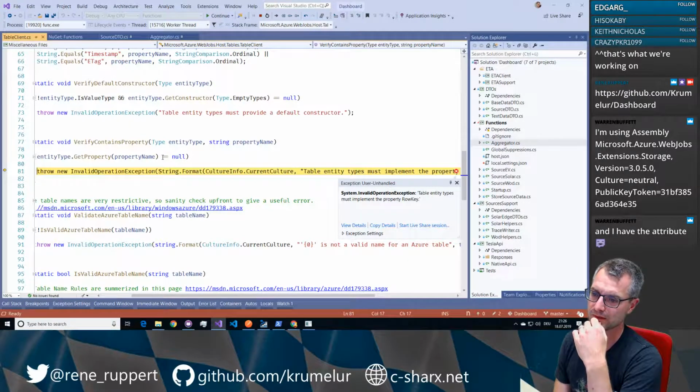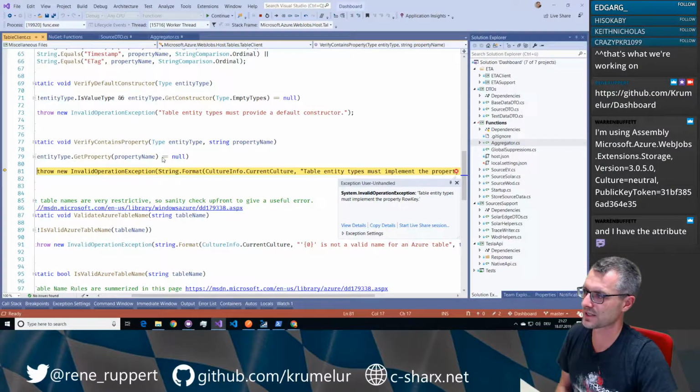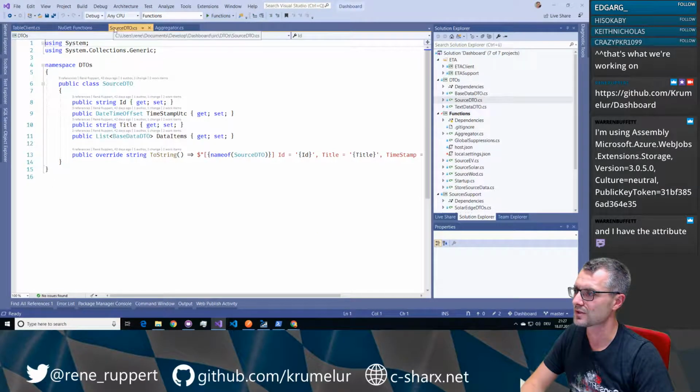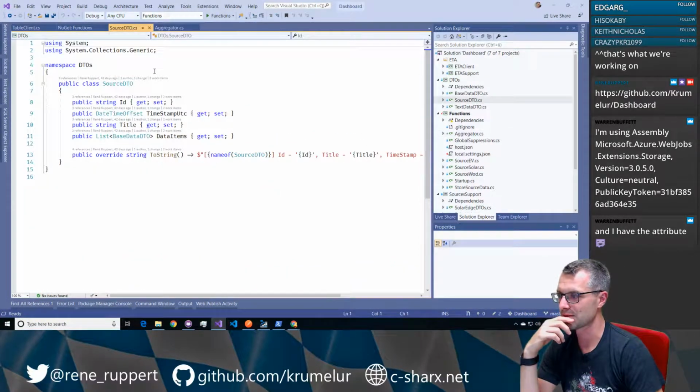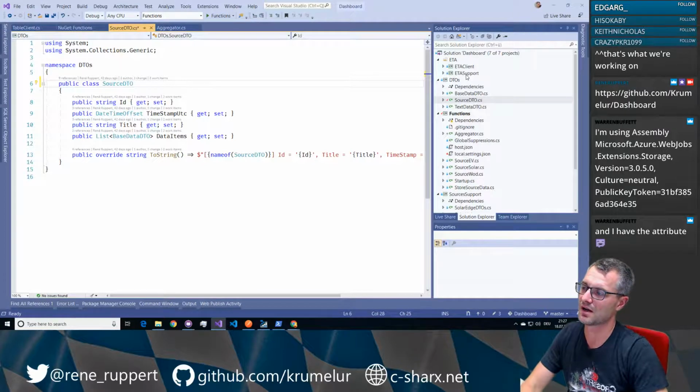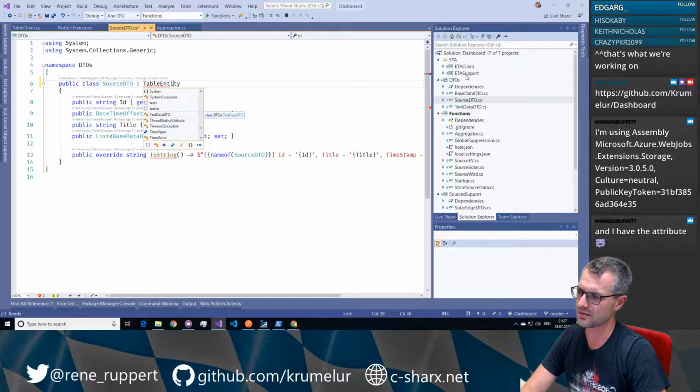What's that? Table entity didn't. So apparently it did something because it complains, and I think I know the reason. So this source DTO that I have here, I can't write that back. Here's a bit of a bummer because it's not a table entity. So they must be table entities, but I don't feel like making this a table entity now. Is that a good idea? What's the consequence if I make that a table entity? I end up with a dependency on something that I don't want. Let me edit for now. Let's just see if this is working, and then we can think about